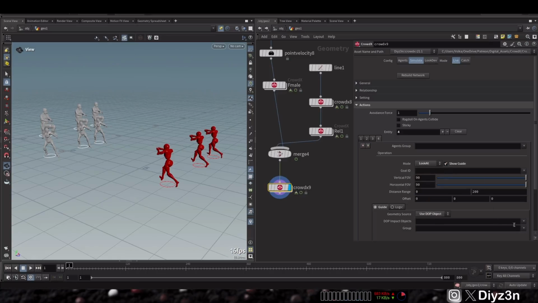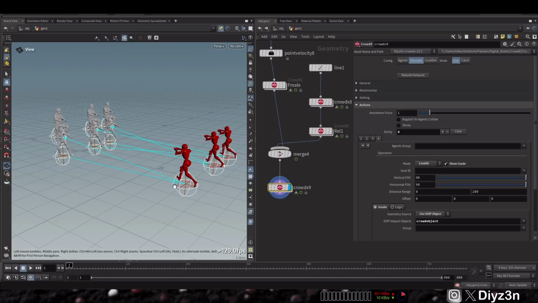And let's add a look at. For example, let's create another state or another action, and let's create look at, and the target is crowd object. You see we have messy look at, everyone looking at each other. And let's have the target as the female group. So we have the look at, as you can see, but I need only